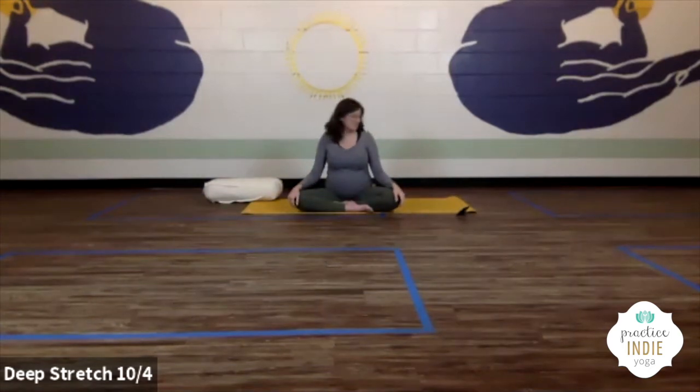Last few breaths. This is a posture that can sometimes have the opposite effect of that heating, that intensity, that determination that we were speaking of earlier. This posture brings us back down. So maybe just notice if that's true for you, if you feel that little bit of buzziness, that slowness to